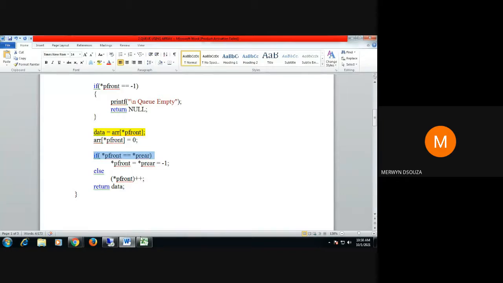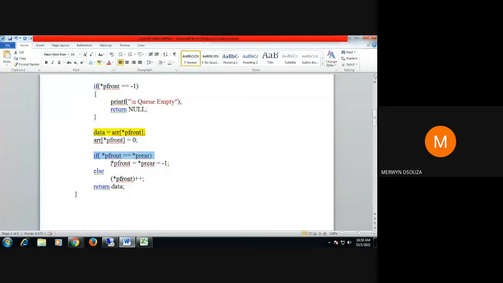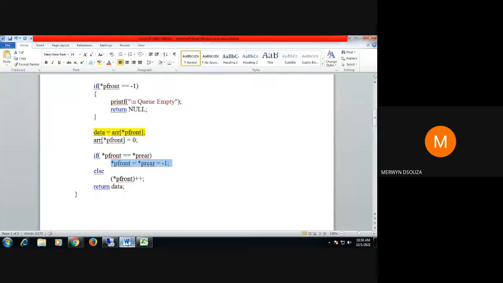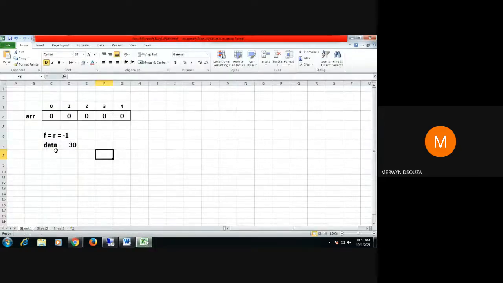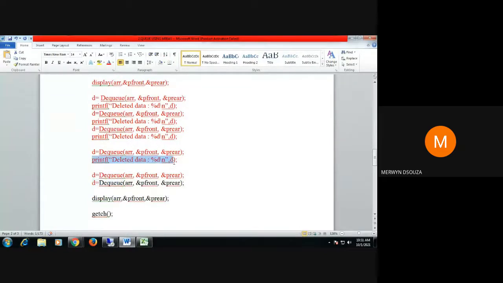So that means you have deleted the last element. As you can see here in the queue, you have already deleted all the elements. So therefore, when the queue is empty, what do you do? Front and rear is equal to -1. So now your front and rear will become equal to -1. Okay. After doing that, since you are executing the if part, the else part is not executed. Okay, and you return the data. The data that you have deleted was 30. So you send this data back to the main function here, okay, and then you can display it using a printf statement.